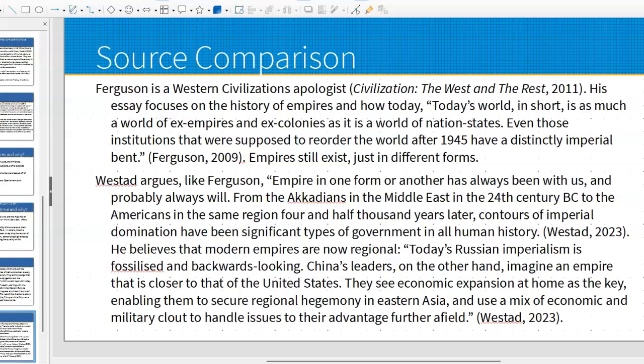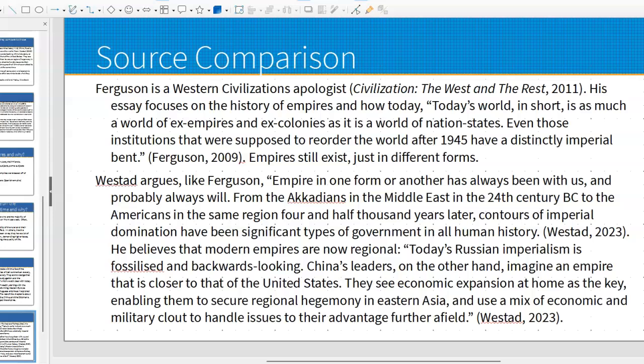But he puts it in concise form when he states, "Today's world, in short, is as much a world of ex-empires and ex-colonies as it is a world of nation-states. Even those institutions that were supposed to reorder the world after 1945 have a distinctly imperial bent." As in, despite the fact that we went for decolonization in the wake of World War II, which we'll talk about ad nauseum when we get there, that attitude about Western superiority still exists,